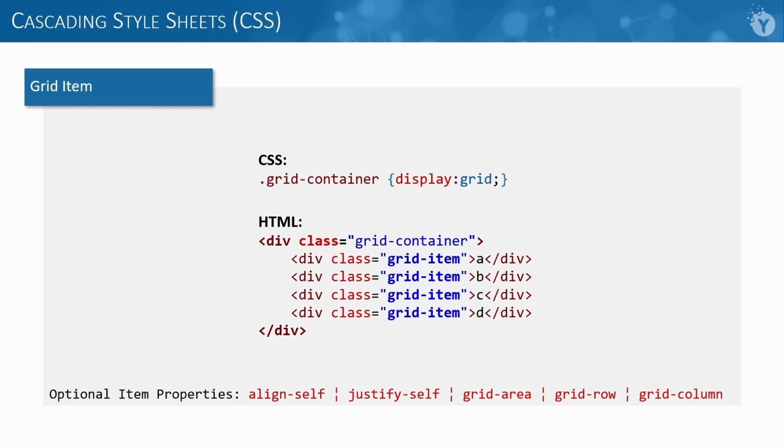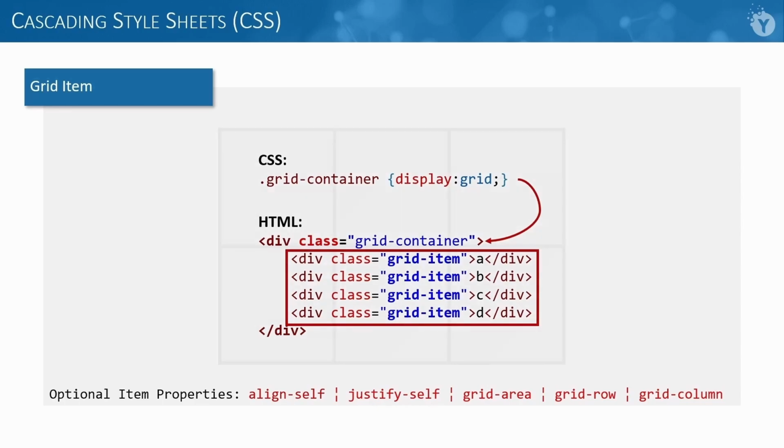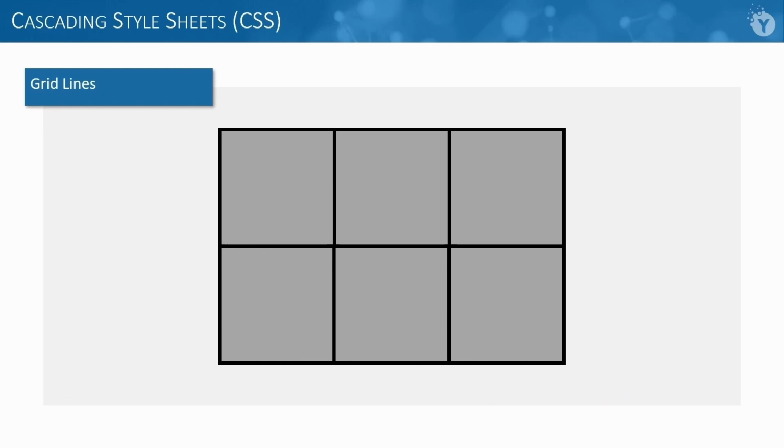A grid item doesn't actually need any specific property set against it in order to become a grid item though. That's because the browser already knows that they are grid items because they live inside of a grid container. This means as soon as display grid is given to the container, the items in it will immediately start to behave like grid items. Grid lines are the dividing lines that make up the structure of the grid, and they